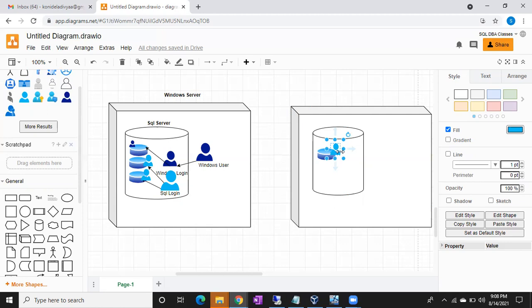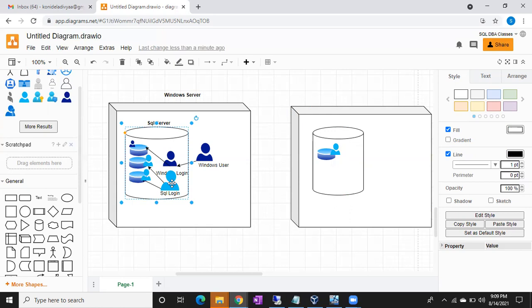So in two scenarios: one is if you delete the login, the dependent users will become orphans. Generally, this is not possible in an organization. No one deletes the logins. Why? Because only SQL DBAs control the logins. 99% it may be a mistake or misunderstanding; in such scenarios, logins will be deleted.